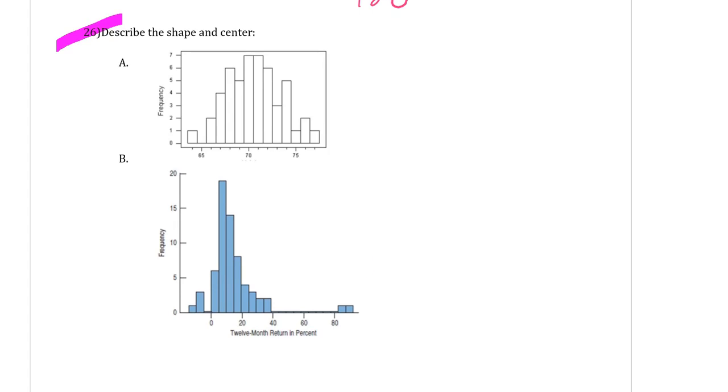Whenever we describe the shape of a data set, we're talking about approximately normal, skewed, and then we talk about skewed left or right. And center is that balancing point, where it looks like the middle of that data set is, so that the data would balance. This first set of data looks like I can draw a nice smooth bell curve over it. So what that tells me is that this is approximately normal. You could say approximately symmetric as well. And the center, if I had to guess, is probably right around in there. If I draw in that fulcrum looking shape, it looks like my data would balance there. So I'd say our center is